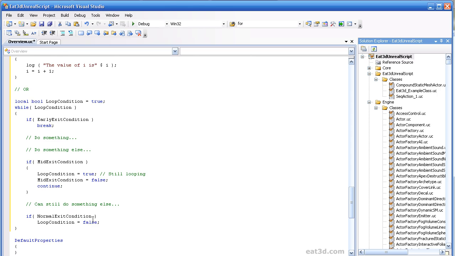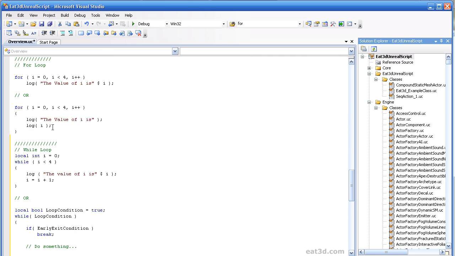Okay, so that's a quick summary of the while loop. You're going to see these probably less commonly when you're looking through existing UnrealScript files than the for loops. The for loop is a lot more common and generally more practical in everyday use cases than the while loop, but the while loop has its uses and you will see them in use. So I wanted to make sure we talked about the difference, so you'll understand that if you see an example of that.